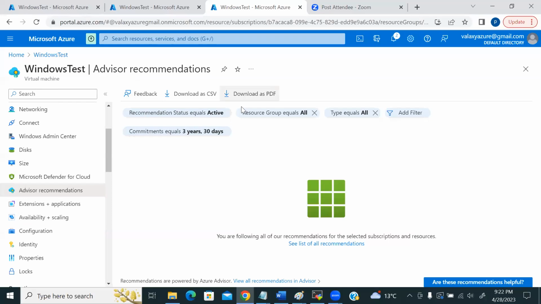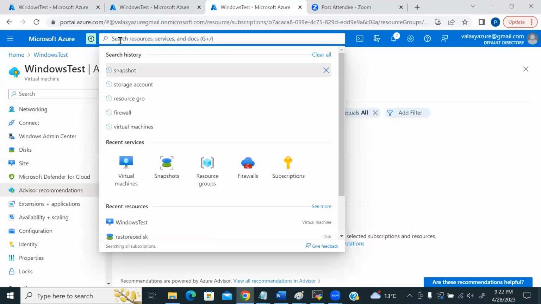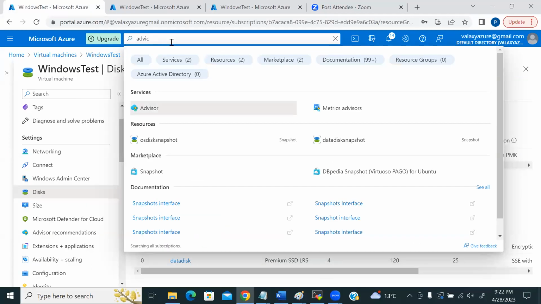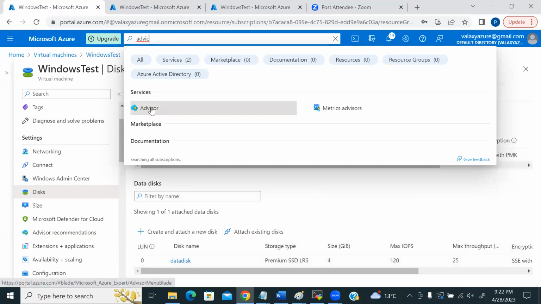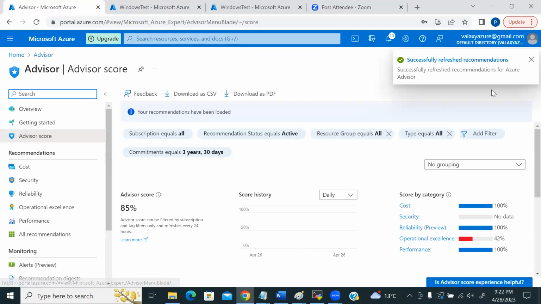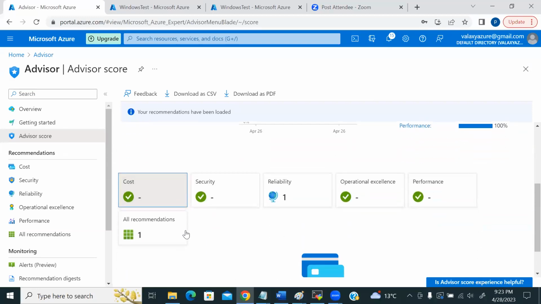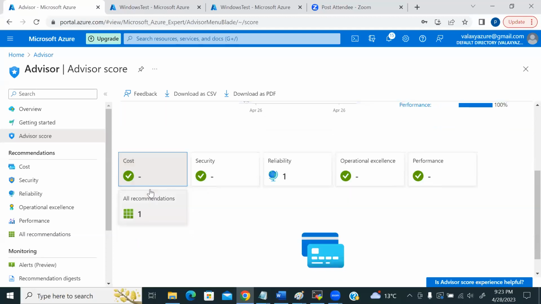Okay, advisor recommendations. And you have another service also, like Advisor. Okay, this is different. And if you see here Advisor, they will recommend cost and security wise. They will give some advice on whether it is reliable or not, whatever configuration you selected, or is it secured or not, did you miss any security configurations. All these things they will tell you. Same way this one,